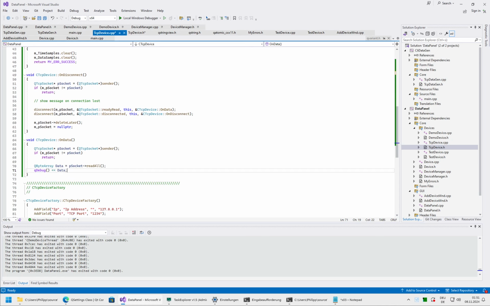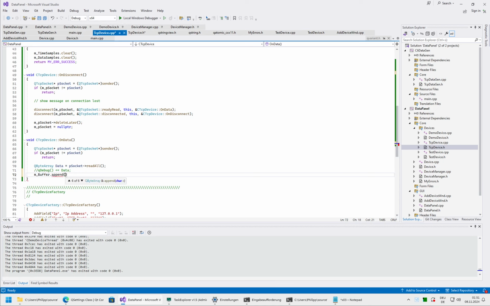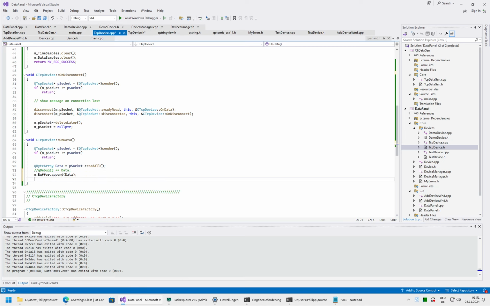And then this we can comment out, we append the data to our buffer, and now we will always be processing the buffer's content,